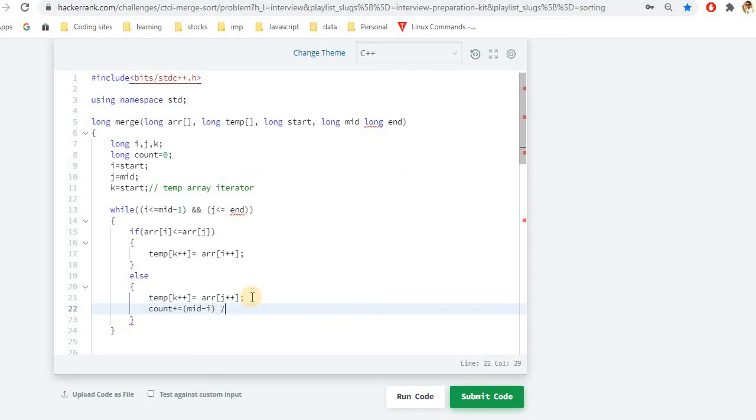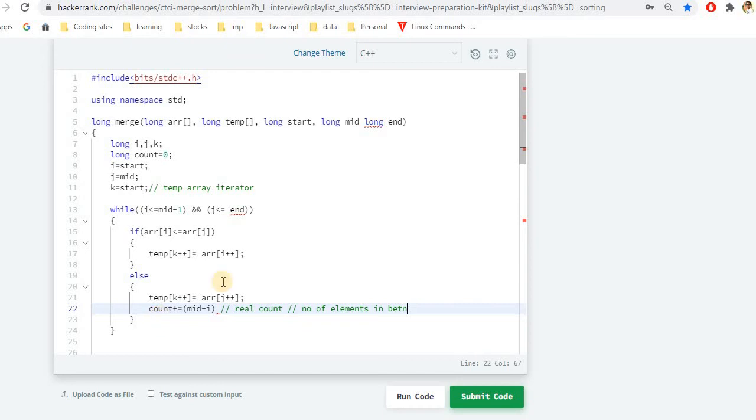So this is the real count, or we can say the number of elements in between. So that is the number of swaps which we need to do in order to get the array sorted. Okay. So far so good.